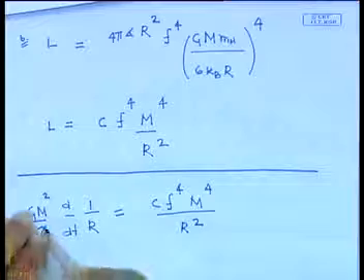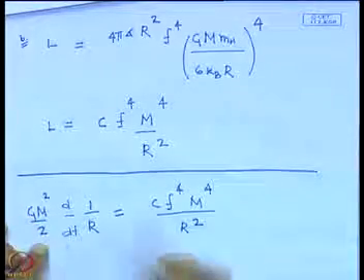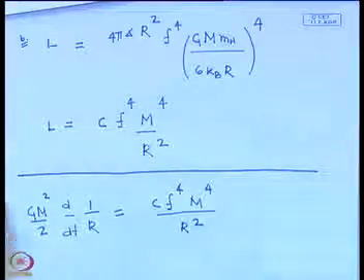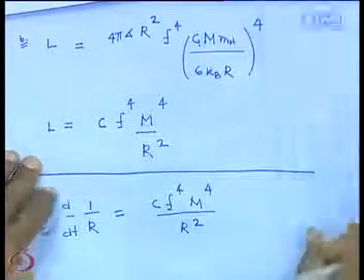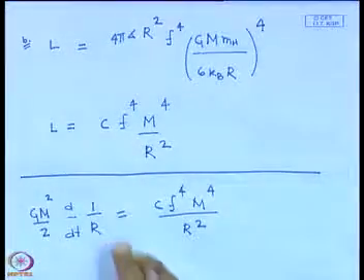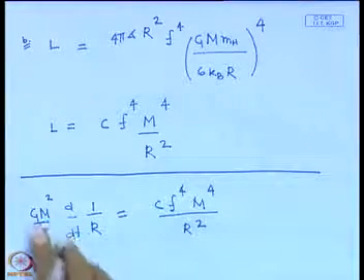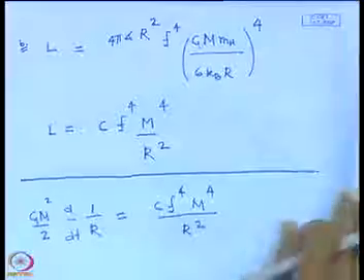So, I can absorb these coefficients g m square by r into this constant c and redefine another. So, I can have another constant which is 2 c by g m square by g, basically 2 c by g, and what I will get is that